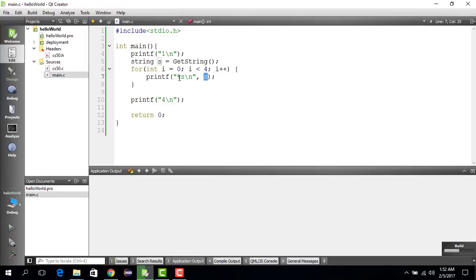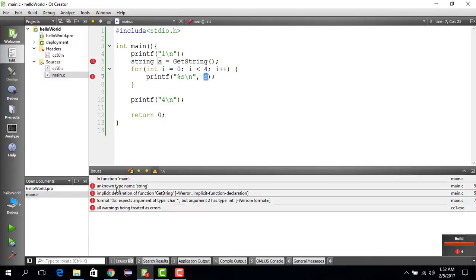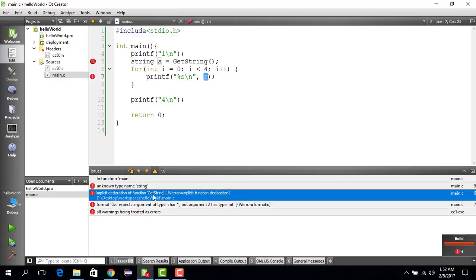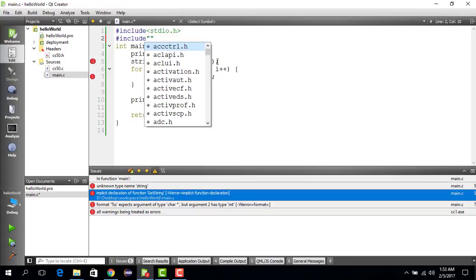We say Control R, and then it says unknown type string, and it doesn't know the get string function. What it basically means is the C program that we wrote has no clue from where it can get information about this get string function. And the way we fix this issue is we say let us include the file where the function get string is defined, and we say